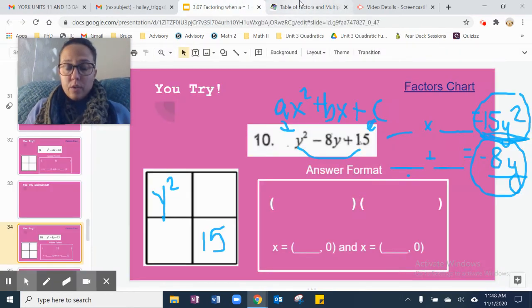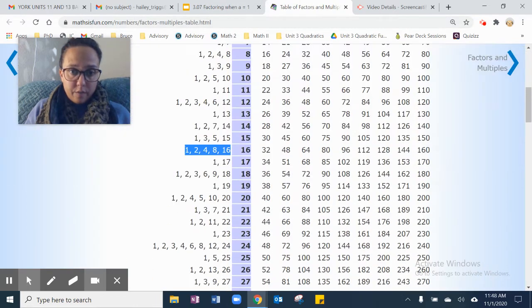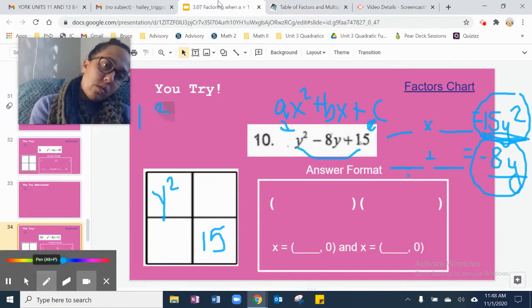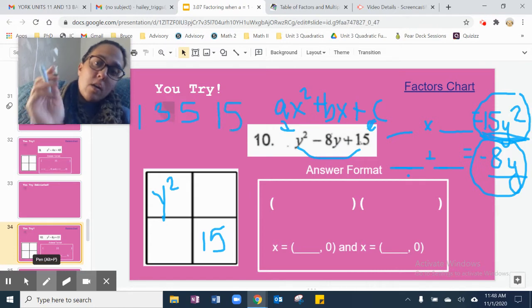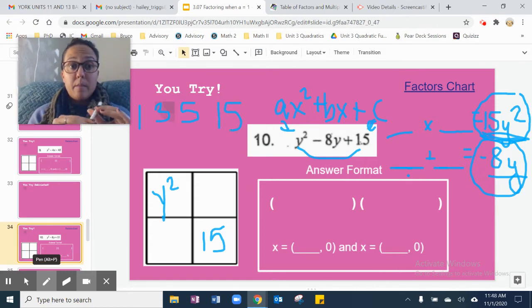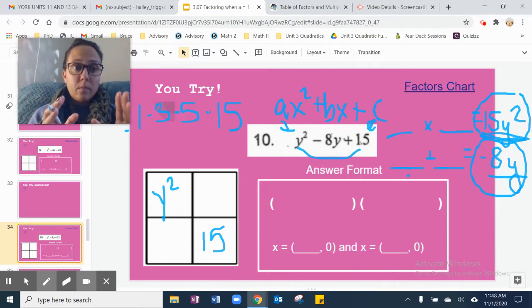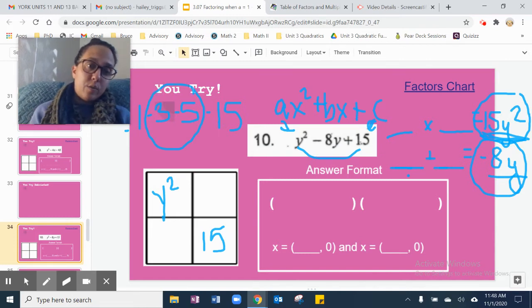So the factors of 15 are 1, 3, 5, and 15. So then which of these two numbers can be combined to make 8? They're going to be negative, right? Two of them are going to multiply to make positive 15, but then they're also going to add or combine to make negative 8. So hopefully you're telling yourself negative 3 and negative 5,